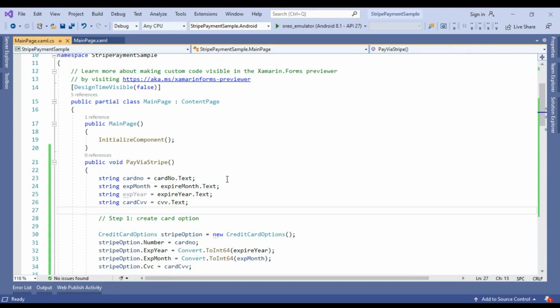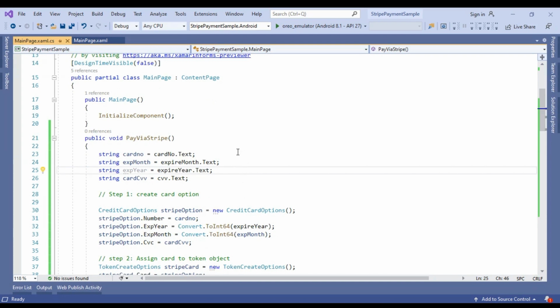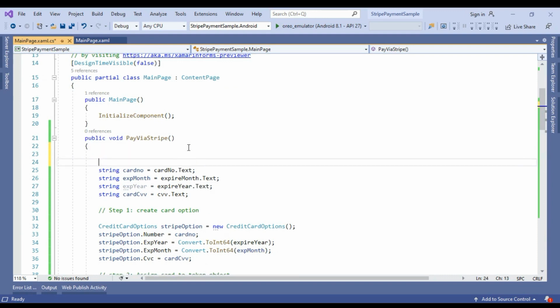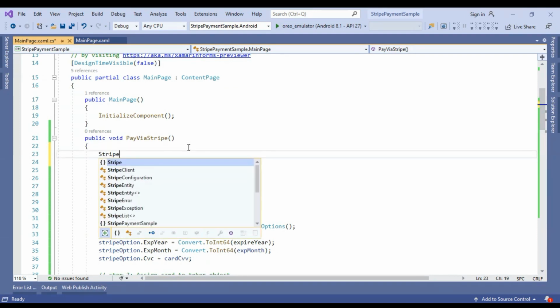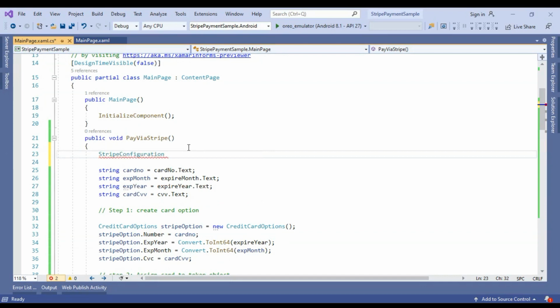We already copied our Stripe secret key, and we need to use this API key in our Stripe configuration. So before creating the card option, we use the Stripe configuration dot API key equals, and we have to pass our secret key here.